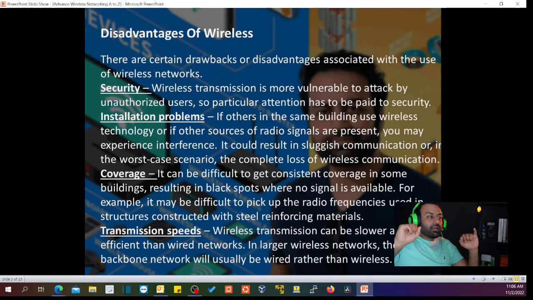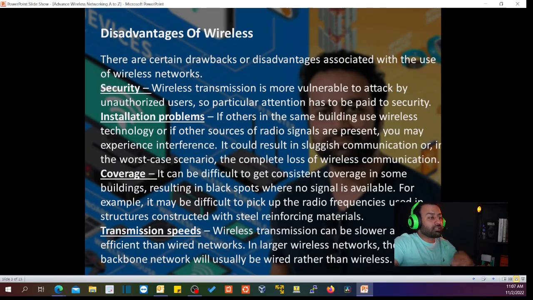But it doesn't mean that we should encourage the company we are working for to not use the wireless network. We're going to discuss in upcoming lectures, probably in the security section, how we can secure it, how we can think about it, how we can apply the more profound way, and how we know that the wireless is very secure. We will go under the skin, because I prepared myself for CISSP. You are in the right hands, no worry about that. So we want to learn how to secure it, which means there is a way that you can secure your wireless devices or the wireless users as well.